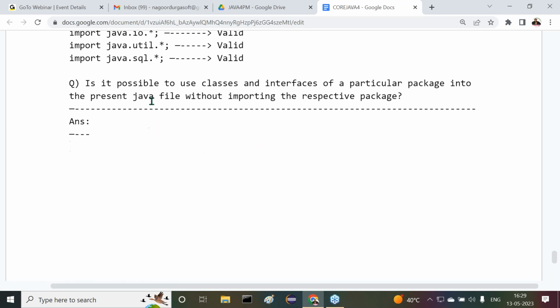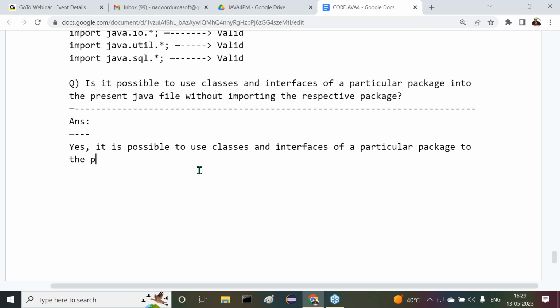The answer for this question: is it possible to use classes and interfaces of a particular package in the present Java file without importing the respective package? Possible or not? That's the question here. The answer is yes, there is a possibility. I will talk about it. Yes, it is possible to use classes and interfaces of a particular package in the present Java file